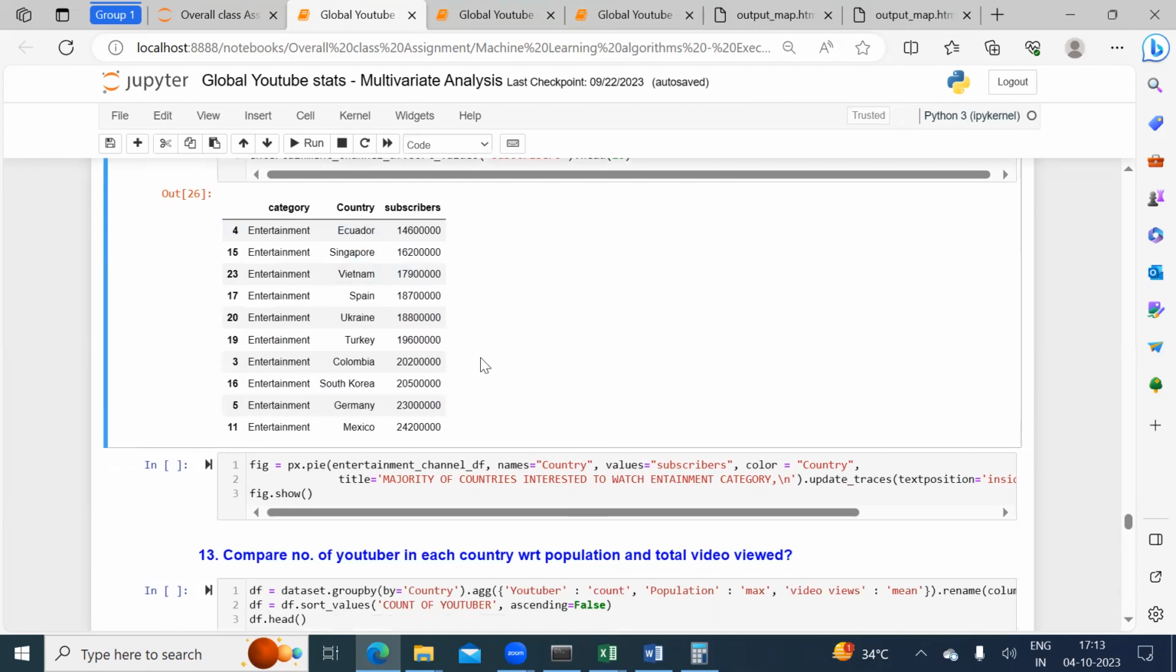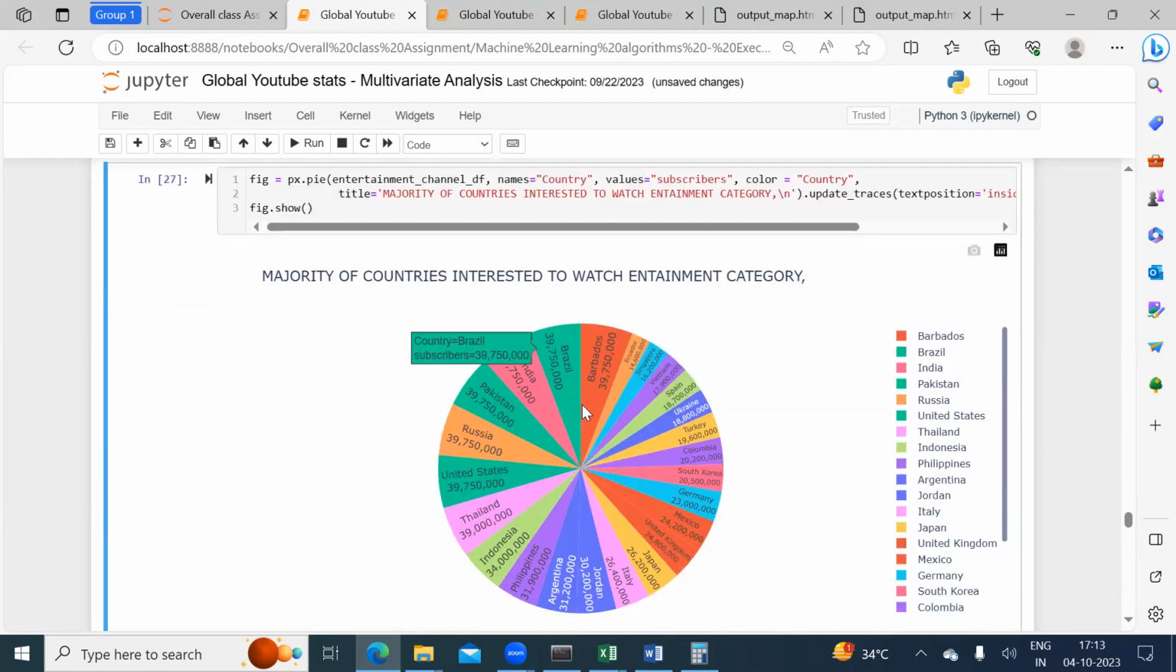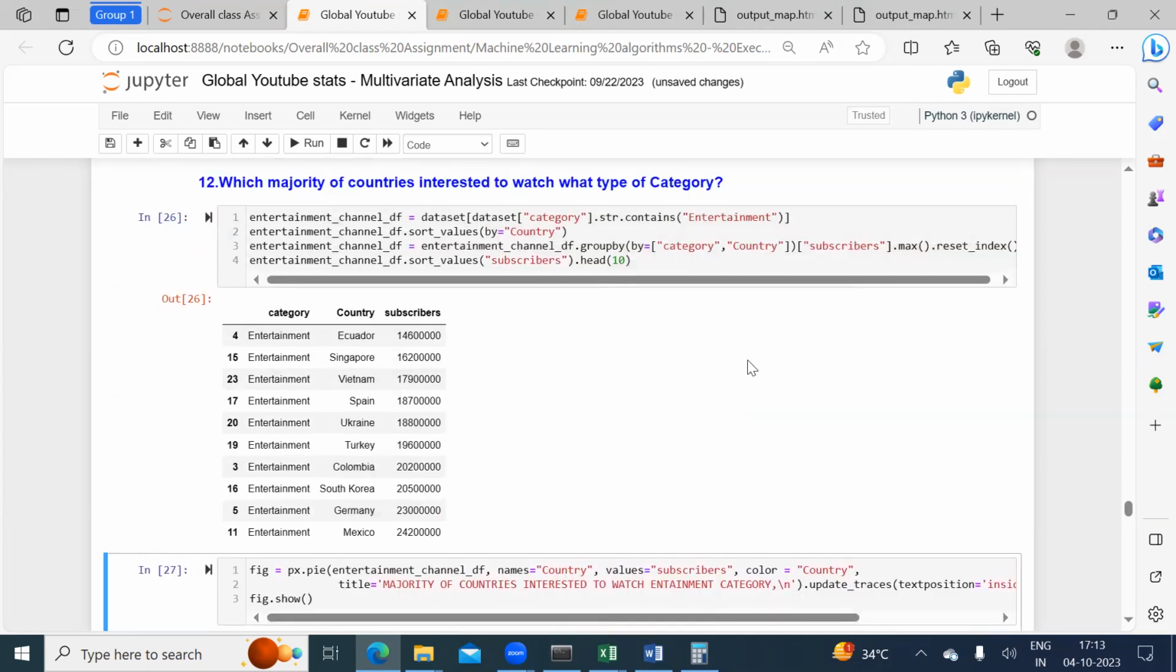Okay, now I just want to put it in a pie chart. Okay, so this is how it goes. Barbados, Brazil, and in India we have 39 crores 7 lakh 50,000 subscribers with respect to entertainment. Okay, so if at all you are planning to open any new YouTube channel, I would suggest that you open it under the category called entertainment, so that you may get more subscribers,